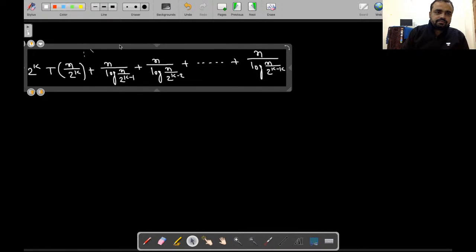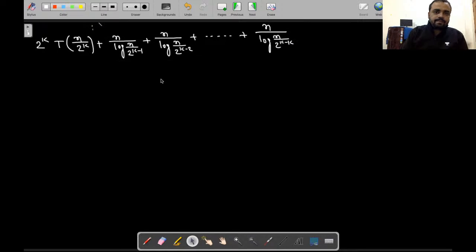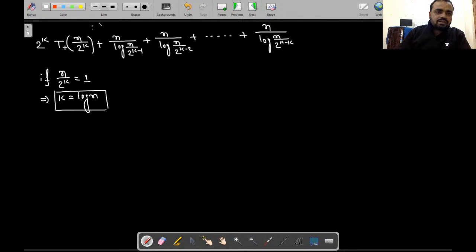See over here, if n by 2 to the power k is equal to 1, then already you know the value of k will become log of n. So just replace it over here. So here t of n will become 2 to the power log of n, and t, of course we have considered n by 2 to the power k is equal to 1, so it will become 1, and plus